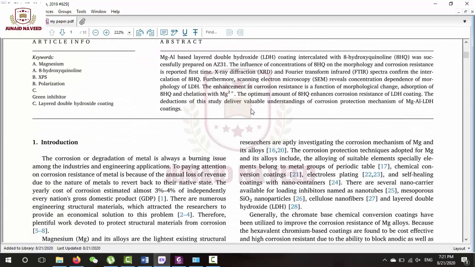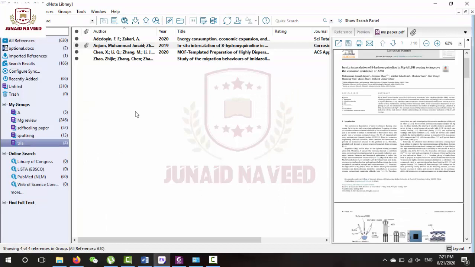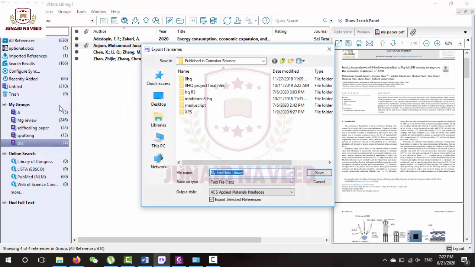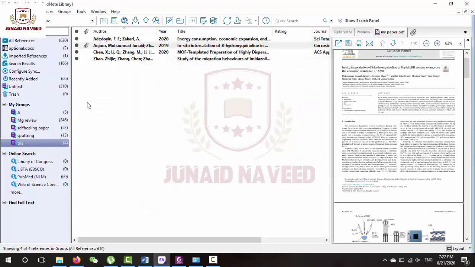So you can manage your references by simply using one software, and you can modify the reference style according to your requirements. I think it is a full package for managing the references or citations in your desired document. And you can also export the references, all your references, to a particular place if you want. So I think it is very easy and very helpful to use in your research or writing a dissertation, especially if you are an undergraduate student.